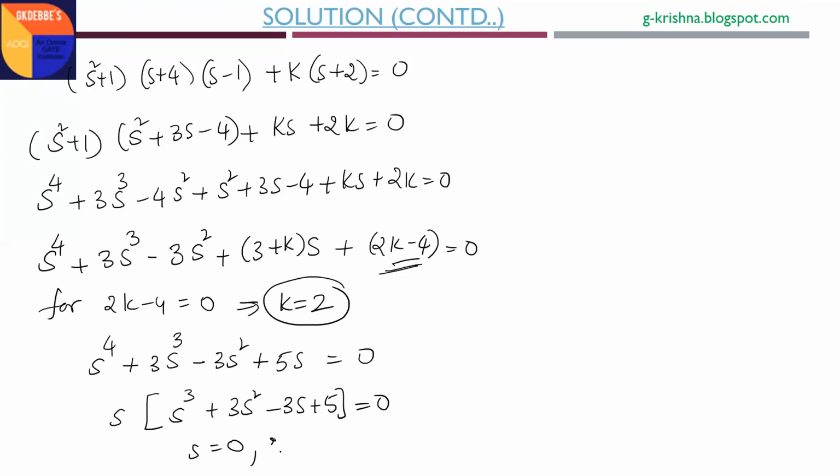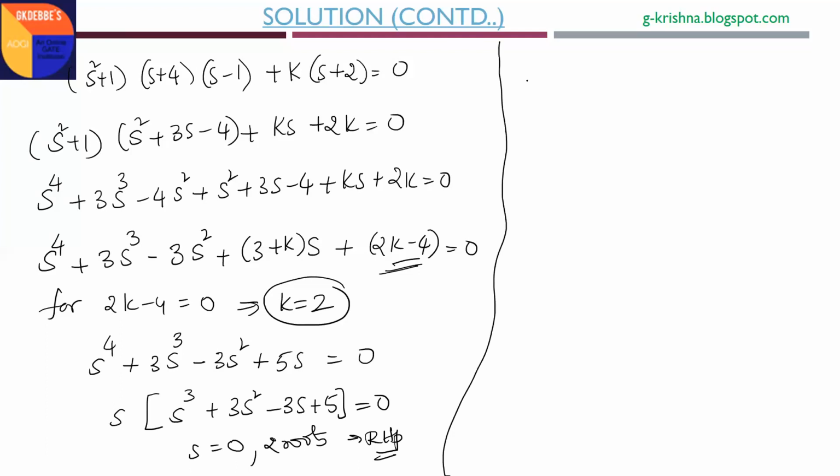One root at origin and two roots will be in the right half of the S-plane, but for k equal to 2 directly, you can know the Kc value as 2. For K greater than 2 onwards, two roots are in the RHP. The remaining two roots will be in the left half of the S-plane also, you can tell it. Or from the table also, by making the table normally, we can get the same answer.